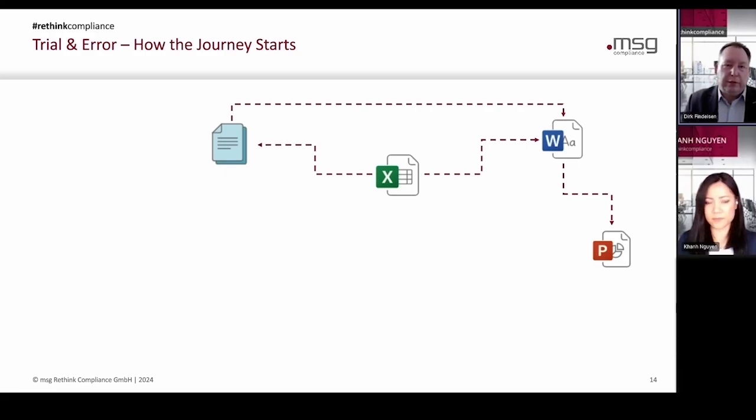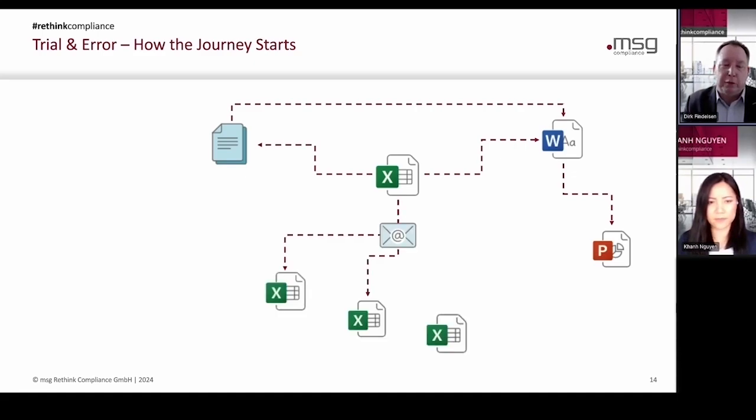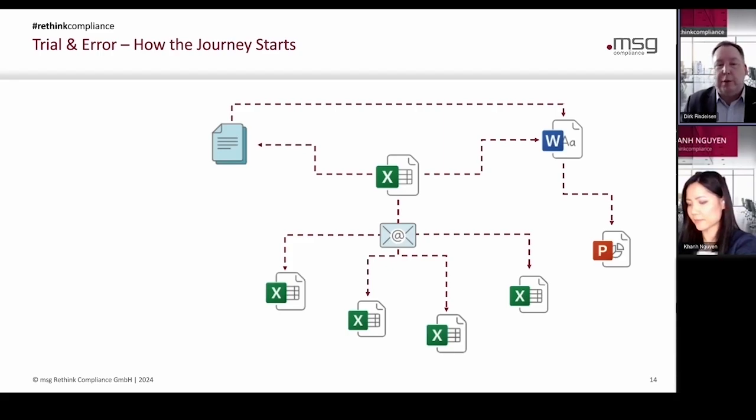But that's not the big question. That's somehow easy and understandable and the normal way of doing it. But then you figure out you need to get some of your colleagues, some of your peers involved to get the risk assessment really done. I would like to get some information about statistics, how effective the measures are, or at least help me evaluate whether we have this risk by statistics or not. So what you're doing now is sending out by email these Excel files, or parts of your Excel workbook, to your peers, requesting them to answer the questions they might be responsible for.